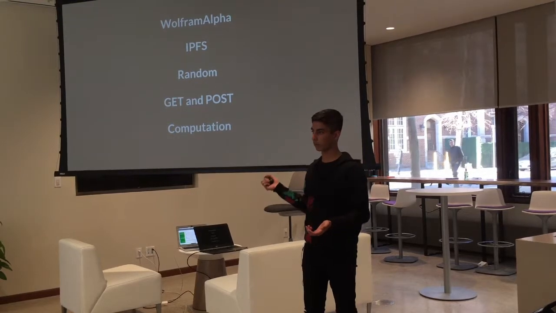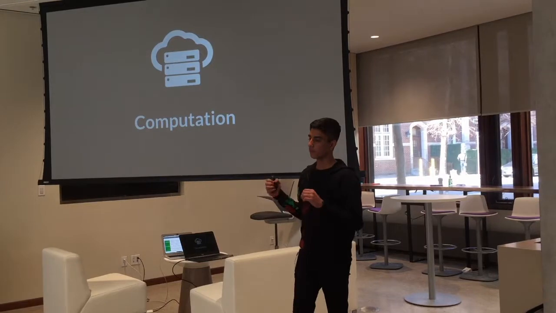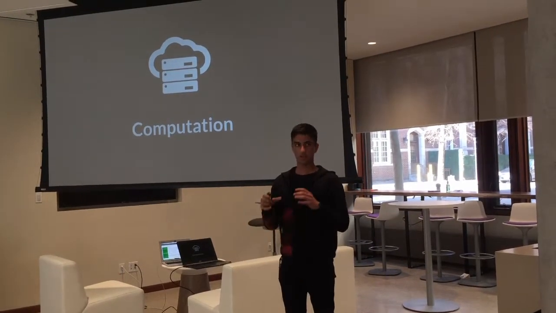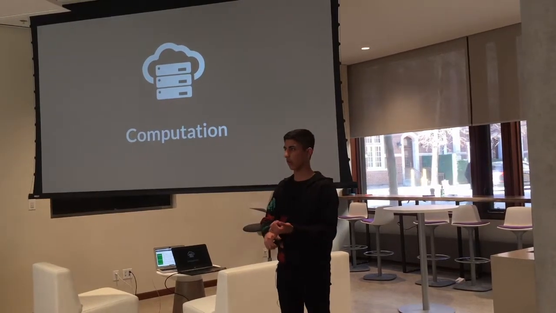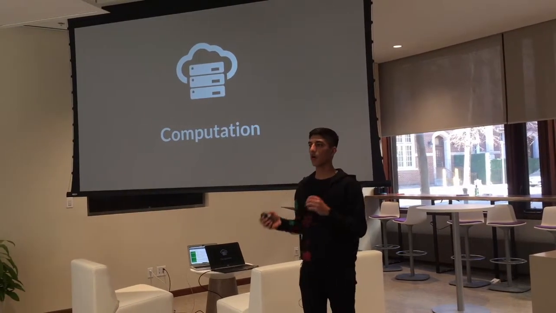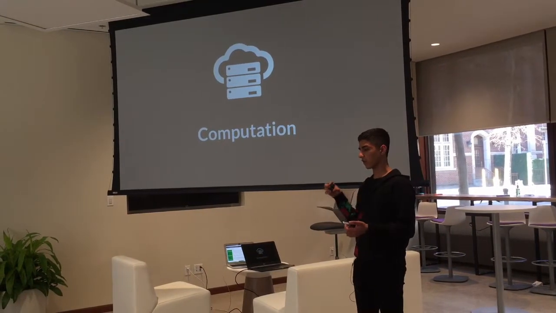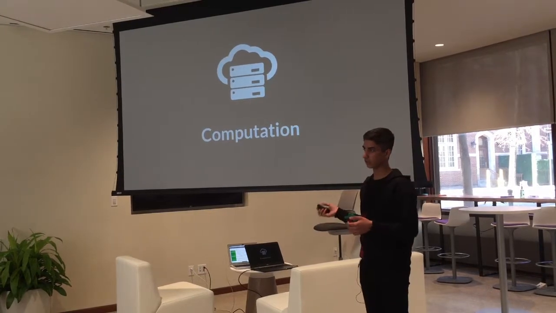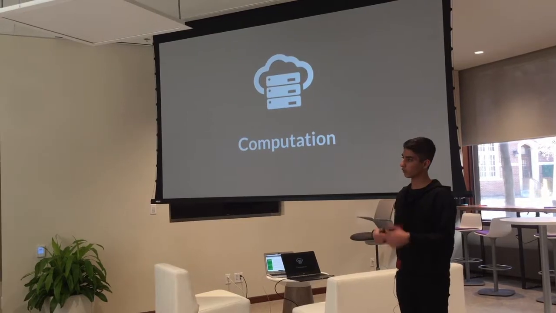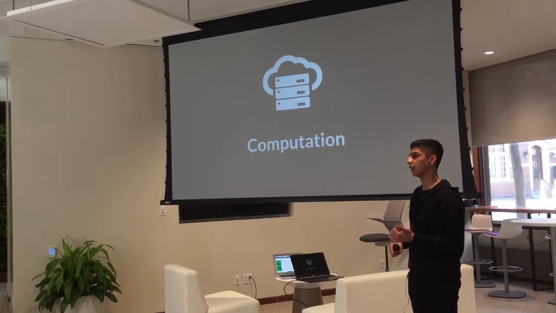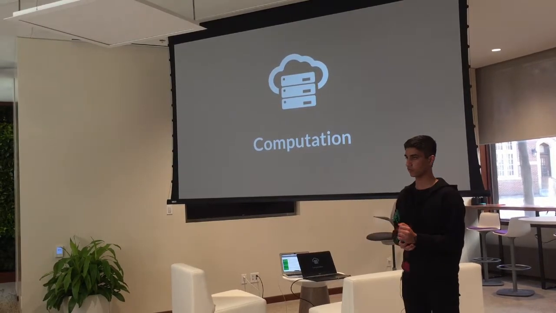You can do normal GET and POST requests for URLs, and my favorite of all, computation. Computation is just running stuff off-chain, and by stuff I mean files such as Python and Java files, and getting the data from them onto the blockchain and onto your smart contracts. There are certain limitations to this function, and that is that you can only run your virtual machine for 5 minutes, and you can only have a string of data that's around 2,500 characters long.